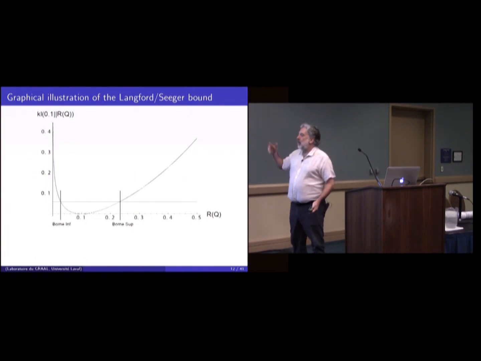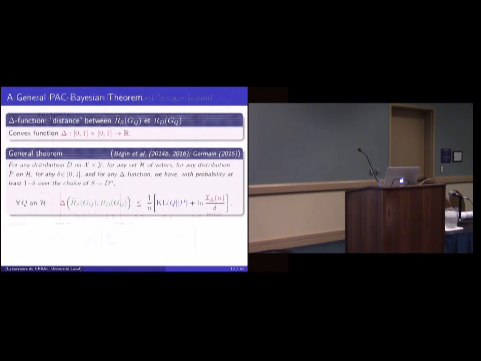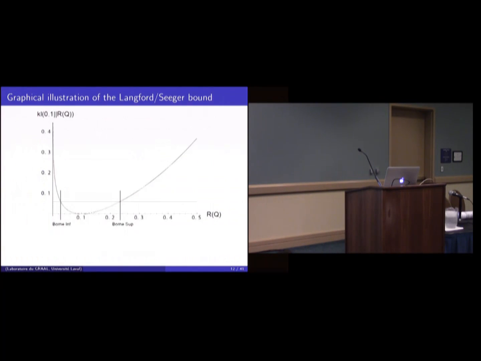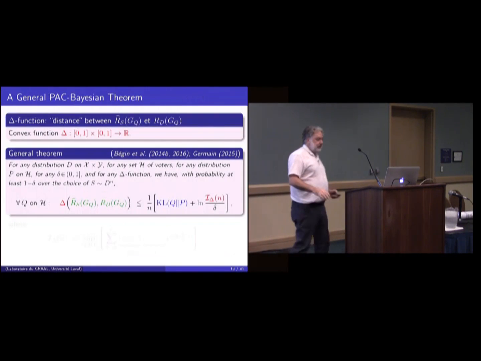And here is basically how it works. Supposing that this term is 0.6, and supposing that your empirical risk observed is 0.1, then you have this small Kullback-Leibler value distribution that gives you this curve, and you have the two bounds, inferior and superior.